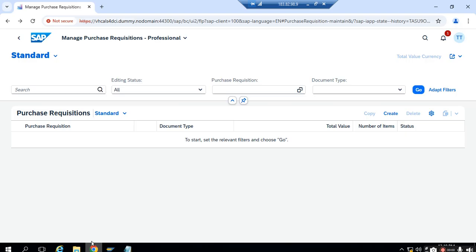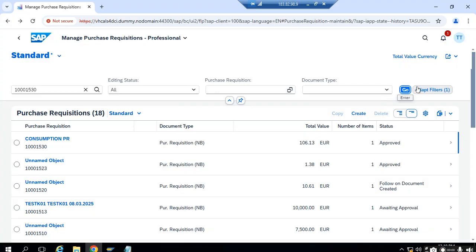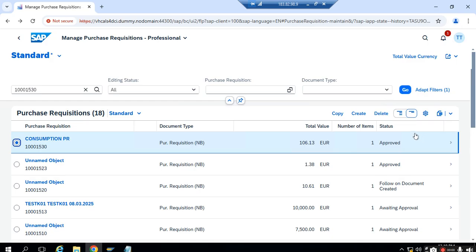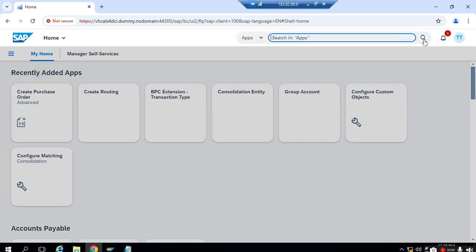If we go back to Fiori application, you can search the same purchase requisition in this application only. This is our purchase requisition. Here it is showing status as approved. So now purchase requisition is created, and the next step is convert purchase requisition to PO. So for this what we'll do,